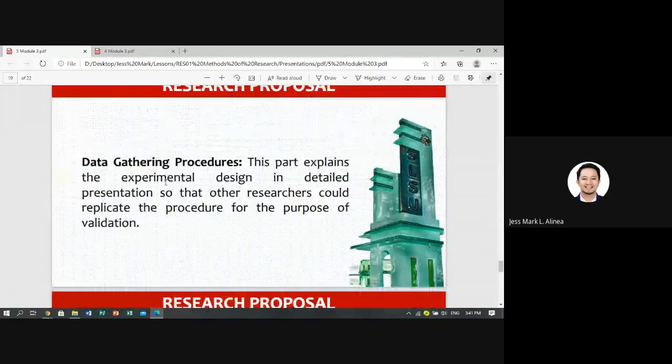Next is the data gathering procedure. Dito, dinidetalye naman kung paano ka mag-gather ng data. So, kanino ka lumalapit, kanino ka nagbigay ng sulat, kanino ka nagpa-approve, tapos kailan ka nagbigay ng questionnaire, kailan siya bumalik, then ginather mo yung data, then tinabulate mo, ilagay mo the figures, so on and so forth. So that's the data gathering procedure. It's very important because sa pamamagitan ng data gathering procedure, marereplicate ang research. Pwede ko siyang tingnan at gawin ulit to validate the results kung tama yung lumalabas na result.